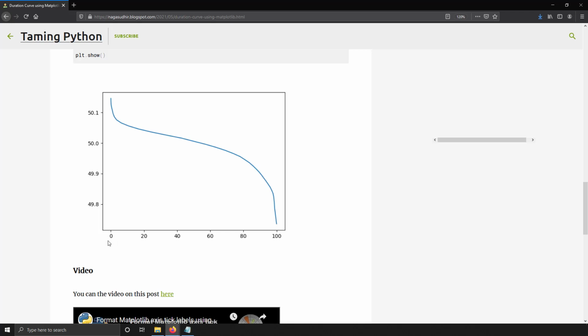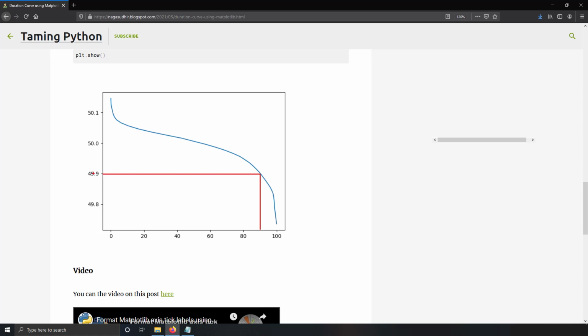On the x-axis, I have 0 to 100 percentage, and on the y-axis, I have the minimum to maximum value of that samples. And you can see at the least sample value, I got the value as 100 percentage, and at the maximum sample value, I got the value as 0 percentage. And if you draw any horizontal line from any value and you intercept it at the x-axis, you will find how many percentage of samples are above that value.